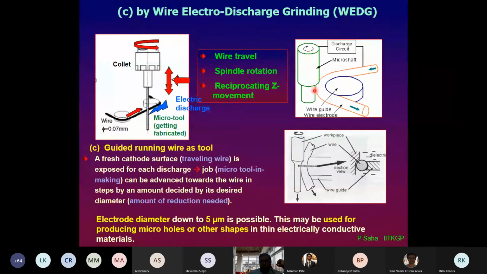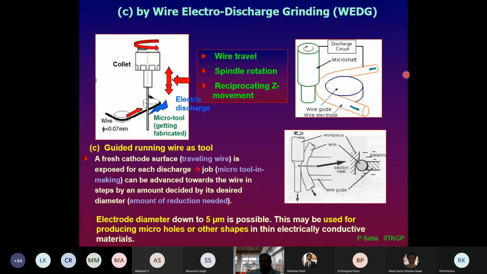So whenever the conducive conditions are created by this discharge circuit and this small gap, the spark will be created. Okay, so in the electric discharge, the cathode will be exposed to the discharge, and the anode also will be exposed to the discharge. Now in the earlier two cases, the blocks or the rotating disc, they are sacrificial.